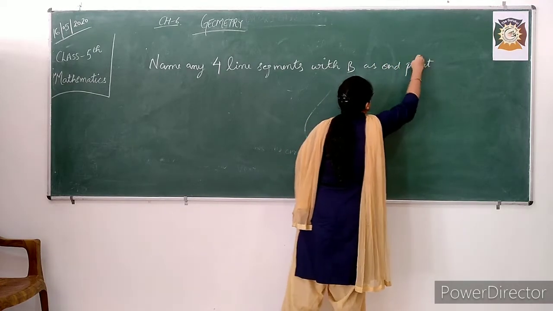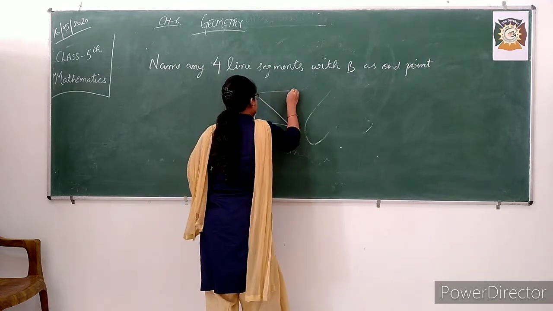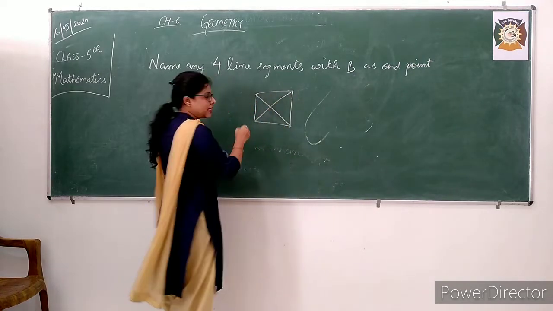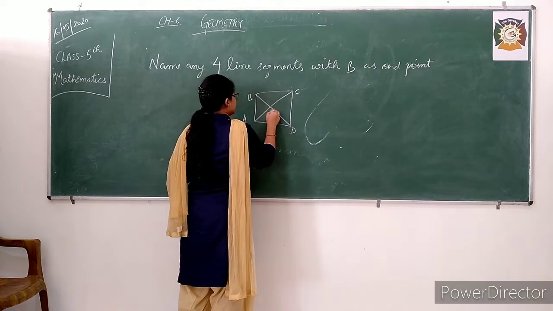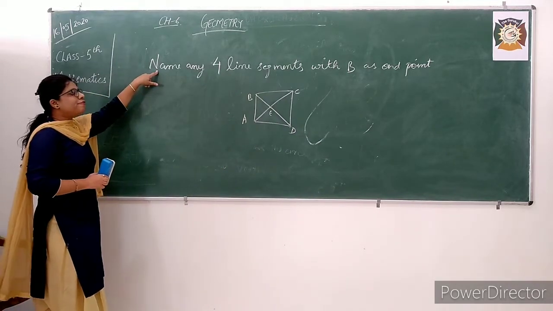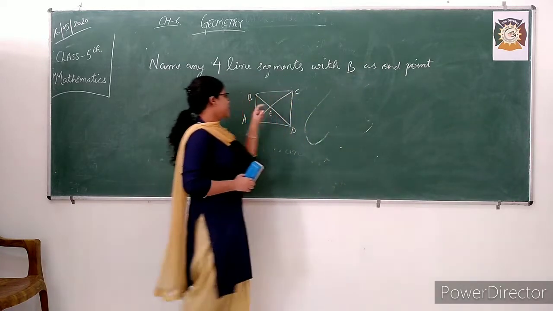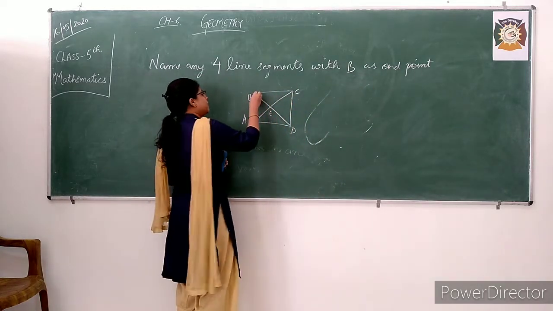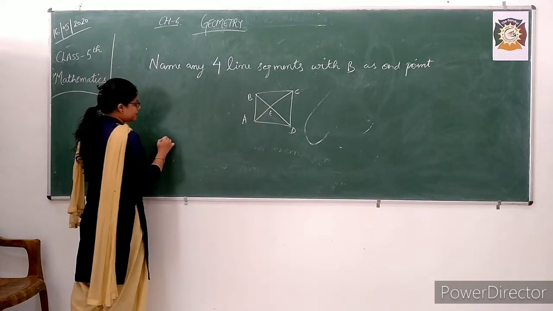The diagram given to you is a simple square with 2 triangles and it is labeled as A, B, C, D and E. Now read the question carefully. It says name any 4 line segments with B as end point. Now you have to take the point B. With B as end point, the 4 line segments are